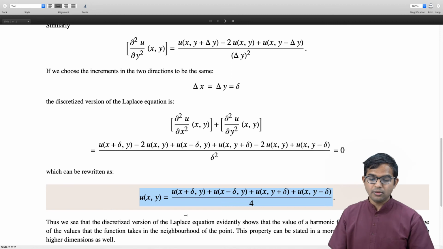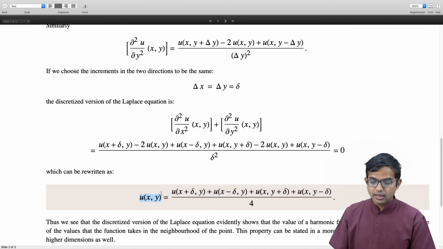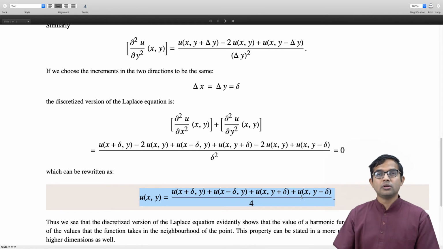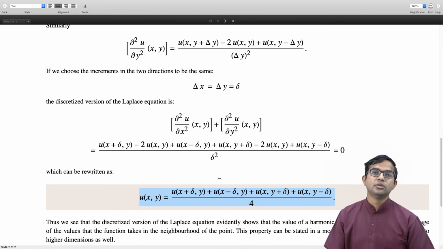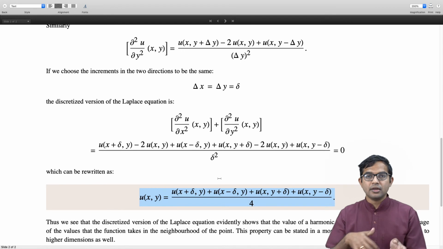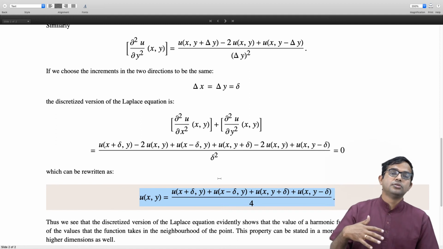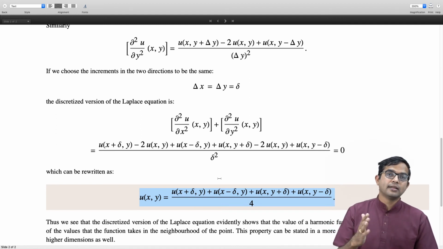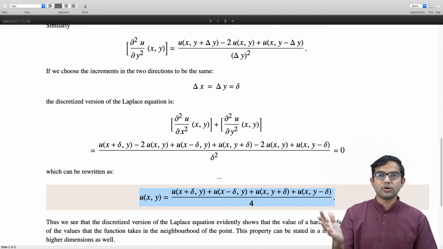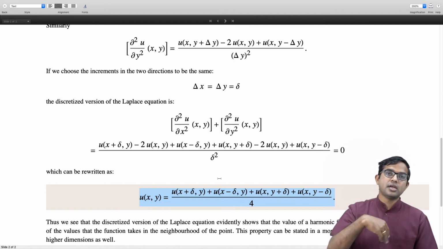But the key point I want to make here is that this is a way to numerically solve this PDE. So suppose you are given some complicated geometrical surface, right? And if you are given boundary conditions, you just make a grid and then put the value of the function u of x comma y to be 0 at all points, and then change the boundary conditions alone to the values that are given there.